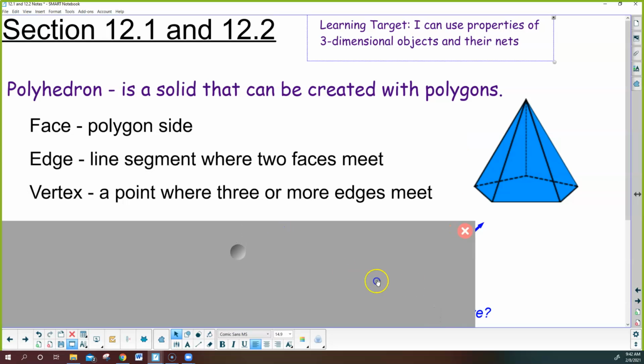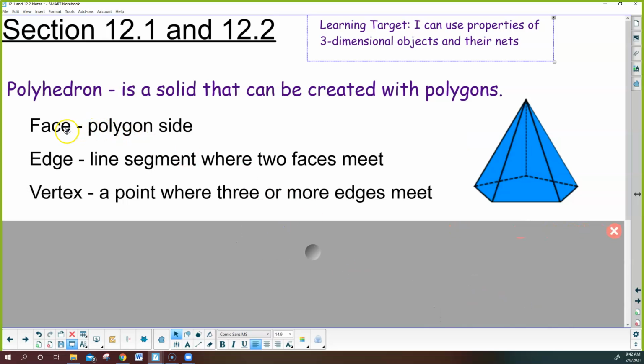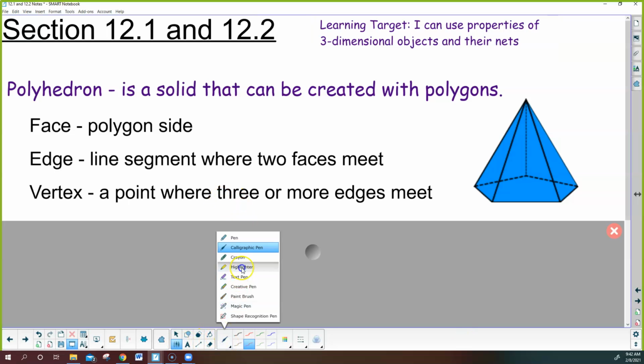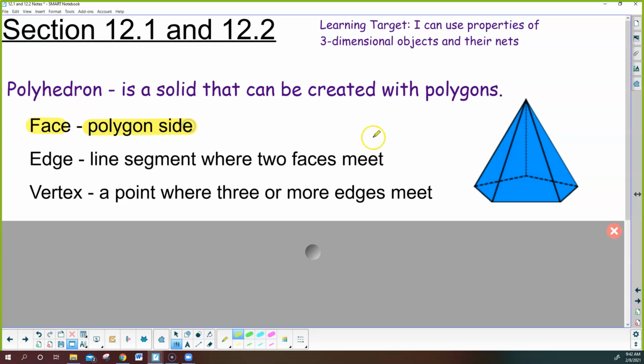Really quick, these words may come up every so often, so I want to make sure that we all kind of agree what they are. When you look at a face, so what is the face of a polyhedron? It's considered one of the polygon sides. This one has a base of a pentagon, so that could be the face. Here is one face, and it's a triangular face. It doesn't look great, but